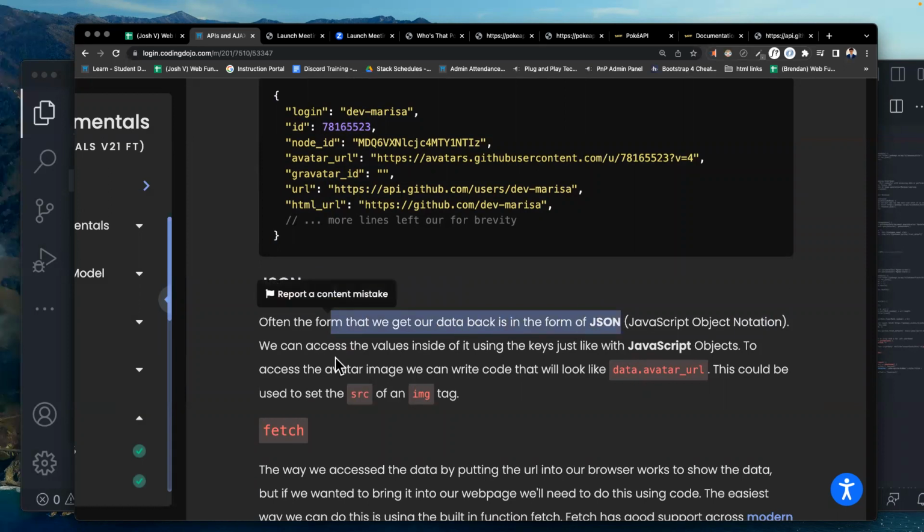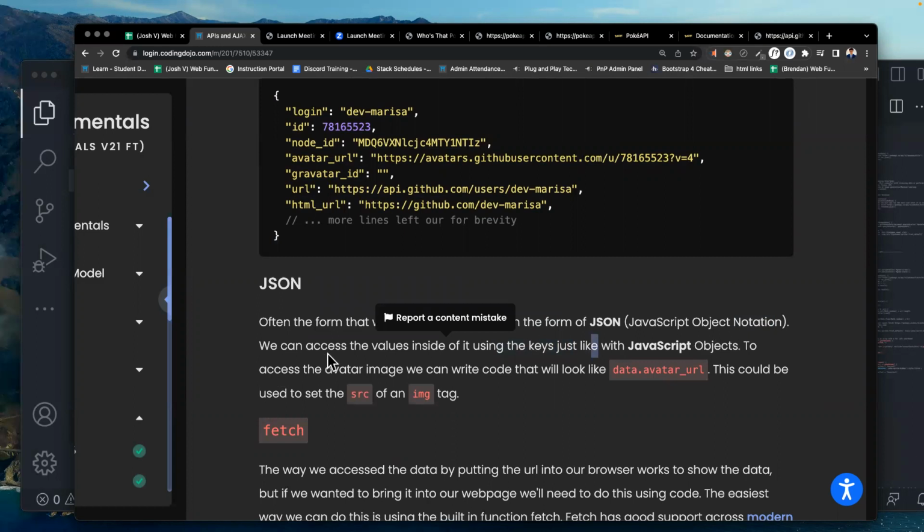So whenever we make an API request for data, the API would usually send it back in the form of JSON, JavaScript Object Notation. It's very similar to how JavaScript is written. We can access the values inside of it using keys, just like with JavaScript objects.